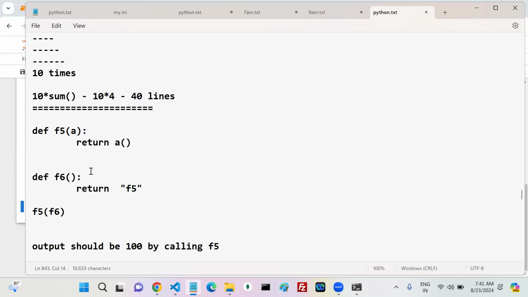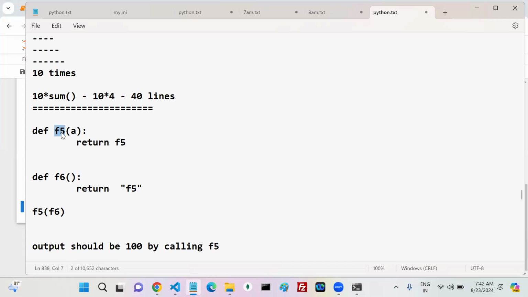Now tell me, F5 you are calling, and you passed the value F6 as A. So calling A means you are calling F6 indirectly. F6 returns me what? F5. So A calling gives me the return value of F6, and the return value of F6 is F5 or not?